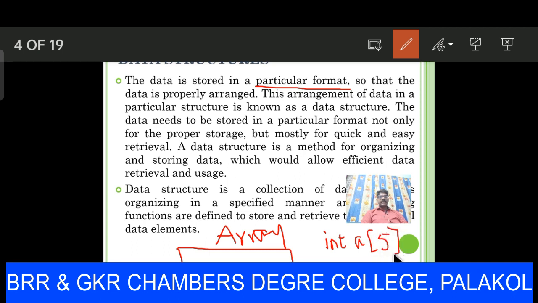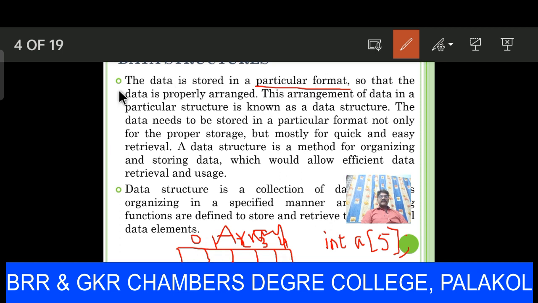It contains 5 memory locations from 0 to n minus 1, that is 4. The size of the array is 5, 0 to 4. So this is one particular format to store the data. This is the sequential storing of data.